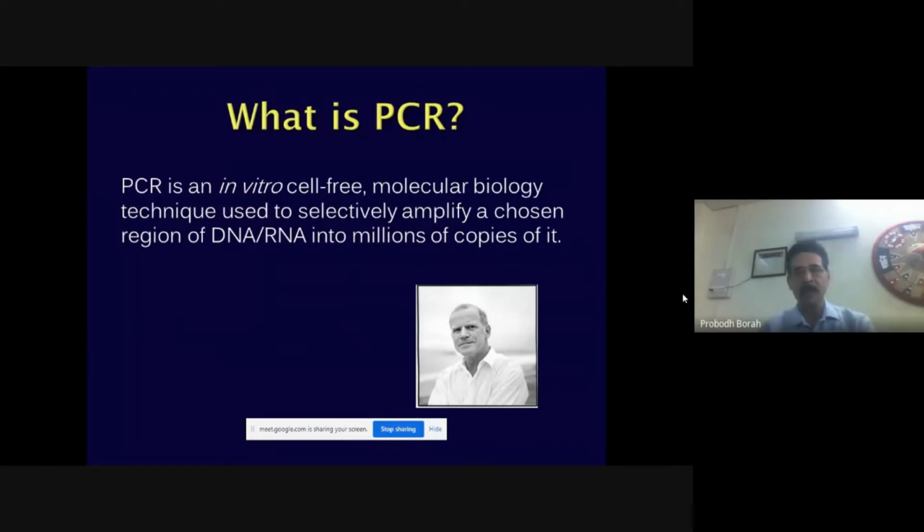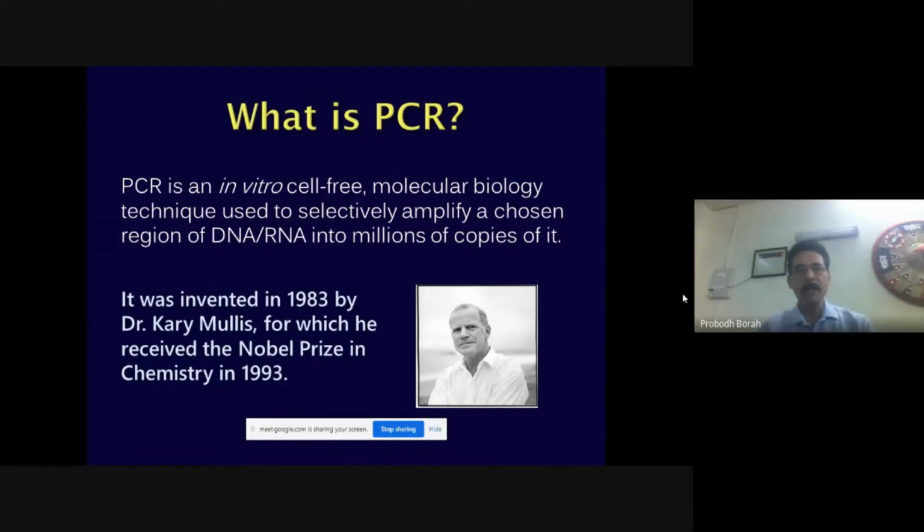its copies. So this was first developed by Dr. Kary Mullis in 1983, for which he was awarded the Nobel Prize in 1993. Unfortunately, Dr. Kary Mullis died last year, and he had a great contribution to the development of molecular biology by way of developing this technique. This was considered as one of the epoch-making techniques discovered in the last century, which has almost